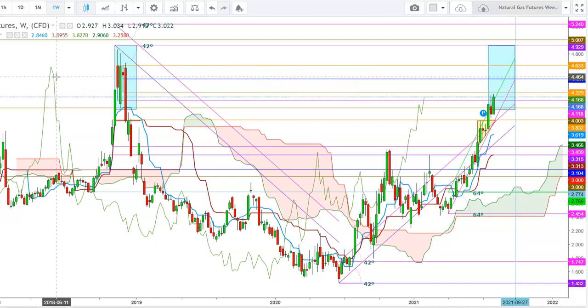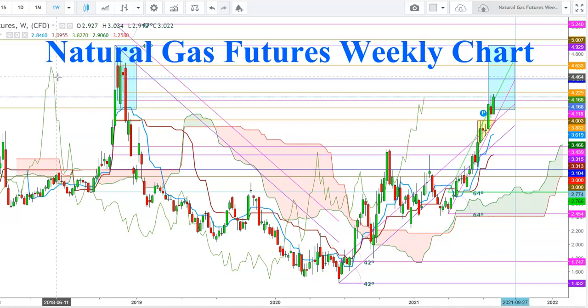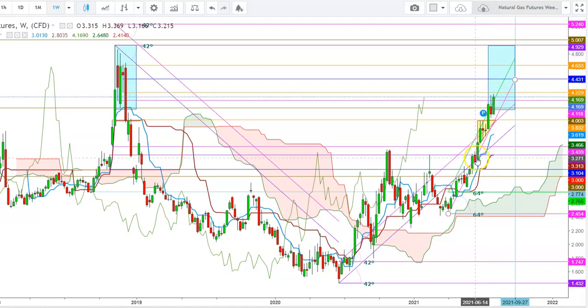So let us start the day to analyze the movements of natural gas futures in different time frames. So friends, here you can see a weekly chart of natural gas futures. Here I find that the natural gas futures have been currently repeating the moves we have seen during the year 2018. So in a weekly chart here you can see how the natural gas futures went uptrend from the levels of